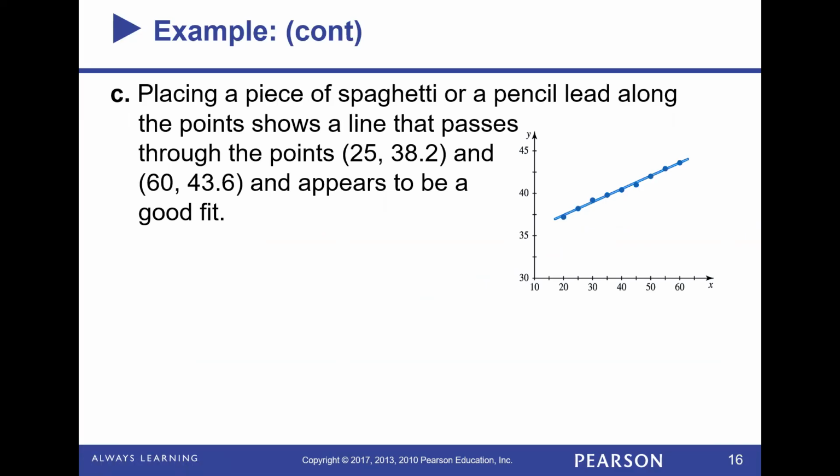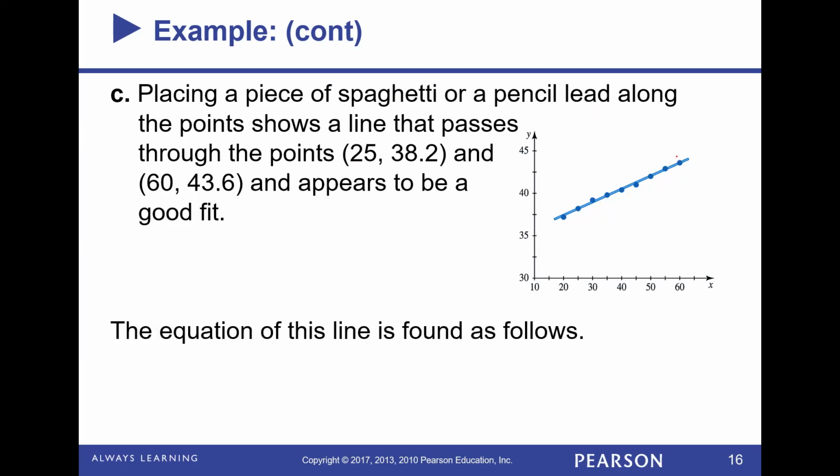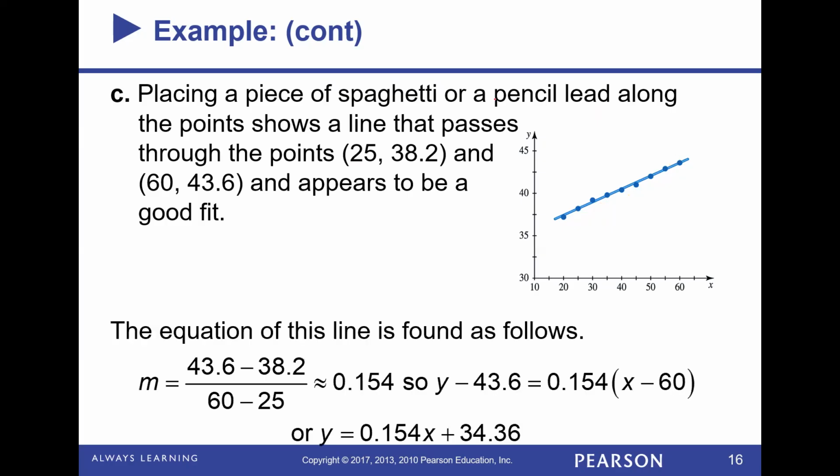So I'm going to choose that 25 and 38.2, and I'm going to choose 60 and 43.6. So you notice I'm actually choosing not the very first point, but the second point and the last point. Does it really matter? It appears that it's a little bit better of a fit when I choose that one. Now if I did the equation itself, first I have those two points I chose, find my slope, and then plug it into that y minus y sub 1 equals m times x minus x sub 1,